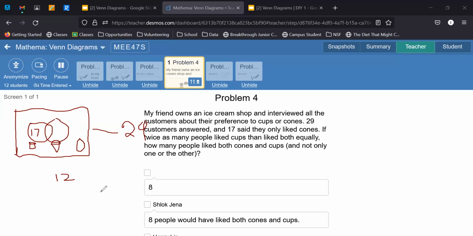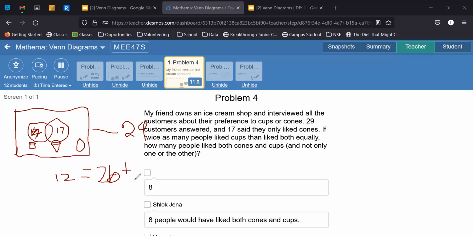So we have 12 people, and twice as many people liked cups than liked both equally. Okay, wait, sorry, I mislabeled this. But essentially we have 12, right? And 12 is equal to